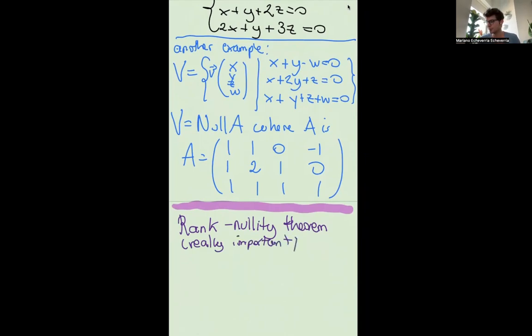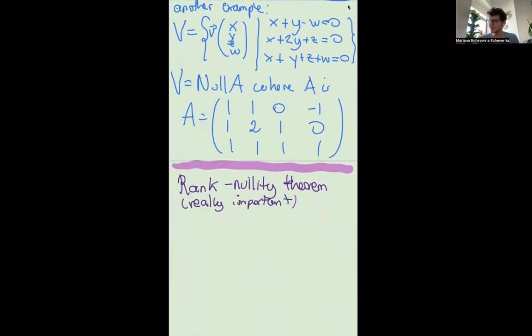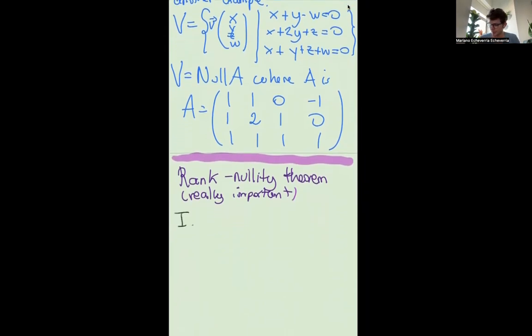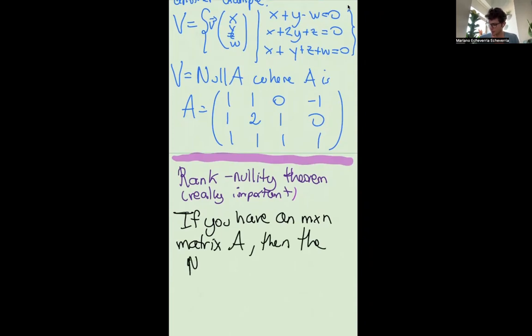We won't prove it, but the book may discuss a proof. I'm not 100% sure, I don't recall at this moment. But what it says is that if you have an n by n matrix, then the null space, right? Then the null space